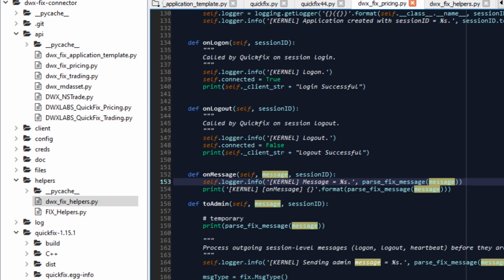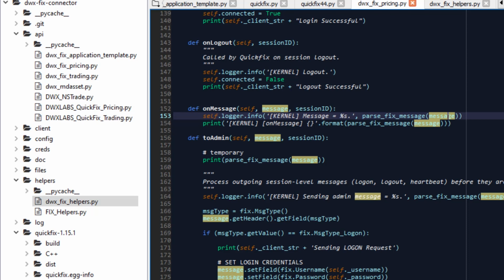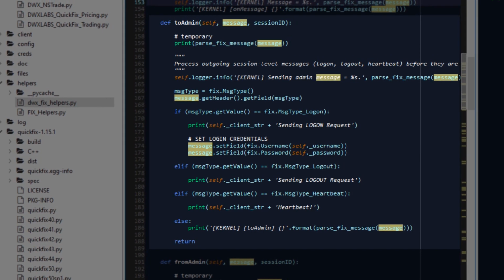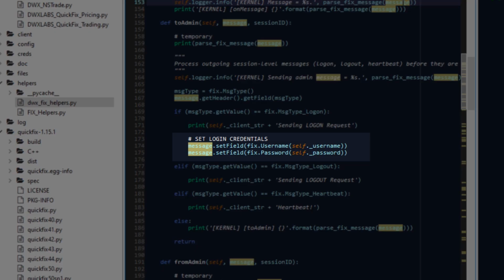Going back to DWX fix pricing, the toAdmin method, as we've talked about in previous tutorials, is a method where all outgoing session level messages can be accessed. These include logon, logout, heartbeat, and you can access these before they are sent to the fix server. So when a message has been composed and it's about to go to the fix server, this function is where you can implement functionality in order to possibly change anything about the message that you'd like going through. In our particular case, when you're processing a logon event, for example, you'll need to include your username and password. By default, the fix session variables don't contain your username and password. So you need to specify it by setting the fields yourself in the message